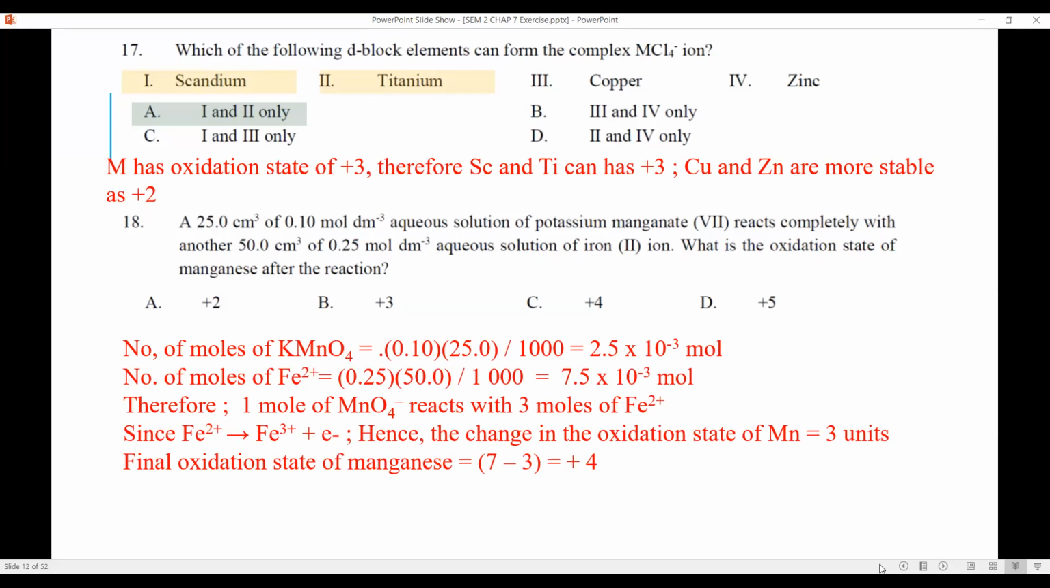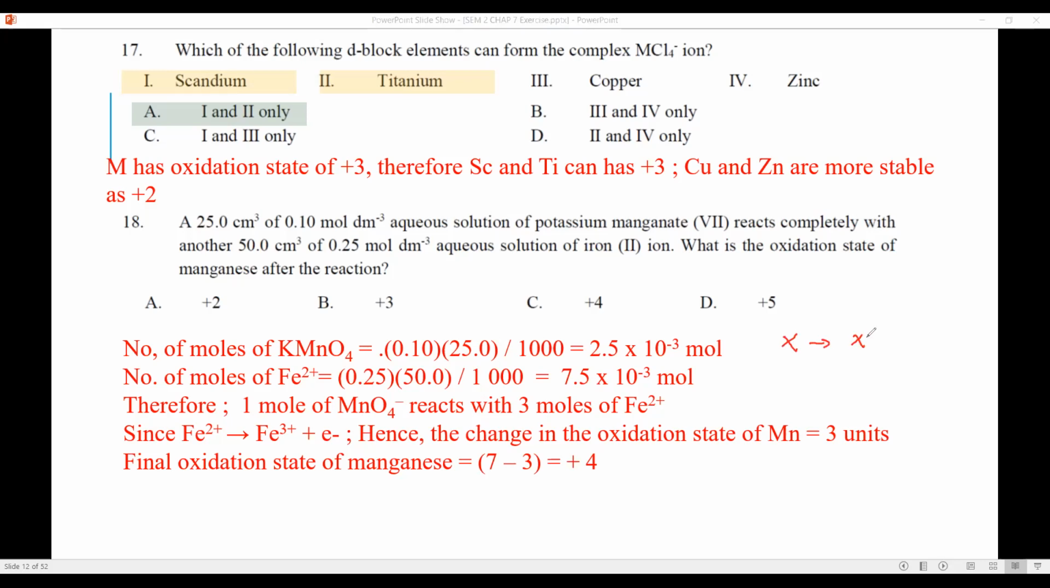times 25.0, you get 0.693. Oh, sorry. 2.5 times 10 to the power of -3 mole. Okay, then the number of mole for the iron in here, 0.25 times 50.0 divided by 1000, you get 7.5. So therefore, 1 mole of manganate reacts with 3 mole of the iron, since the ratio in here is 1 to 3. So now, in terms of exchange, if you understand the principle behind the correct balancing equation, when something